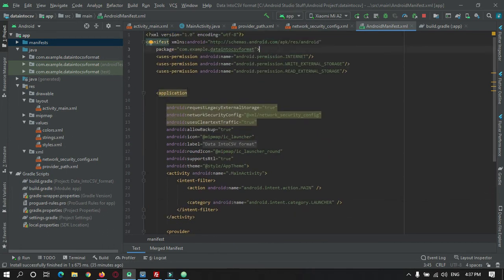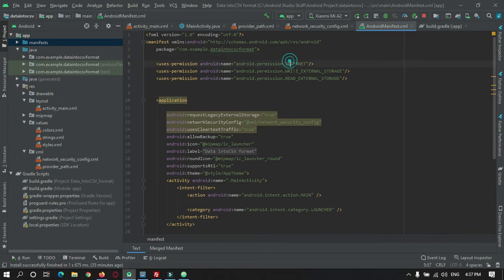We also need to add three permissions: internet permission, write permission and read permission. Internet permission is needed because we are fetching data from our PHP code through the internet. Write permission is needed because we are going to store the data in our storage device.